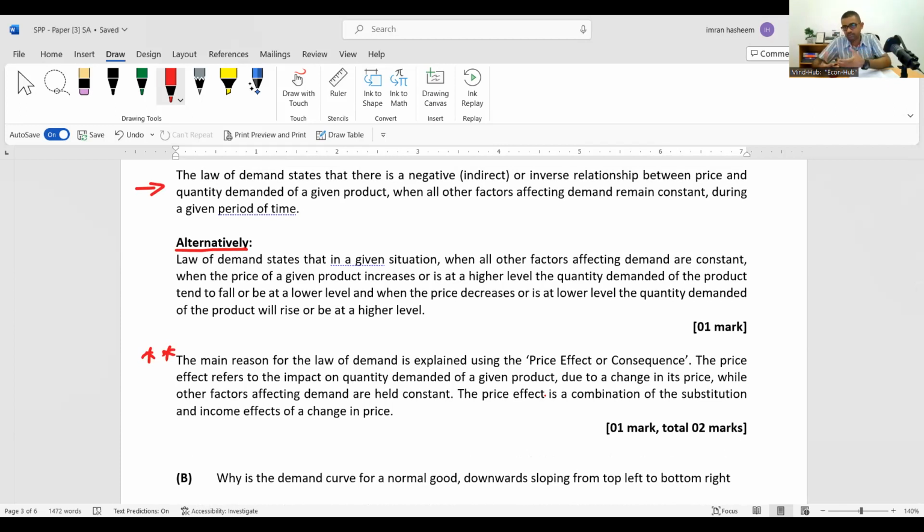By bringing in the concept of price effect, defining the price effect, and then saying the price effect combines the substitution effect and the income effect. It's a bit of a paragraph, but rather than counting the number of words and thinking, my God, I have to write all these words, take the learning, the very advanced, A-grade way that we are presenting an answer. Learn that. Because that is what you need to always have with you whenever you practice writing answers. That is a quality you have to develop.